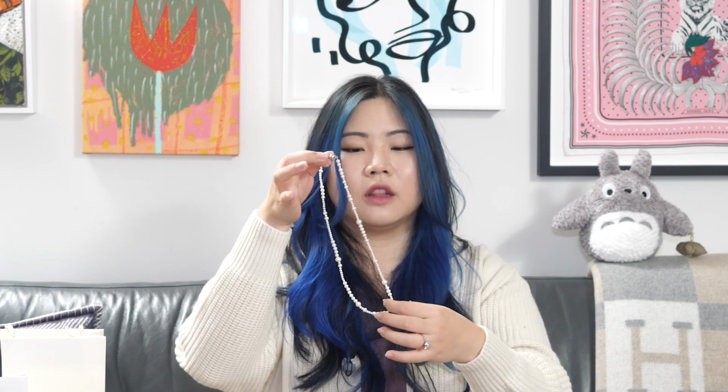I absolutely loved that they were all uneven, that it wasn't just a single size string of pearls, but had this interesting variation going on. It has a magnetic clasp that's super strong, so it's very easy to put on and off. And most important for me was that it actually fit my neck. Now, you might think that's kind of funny, but